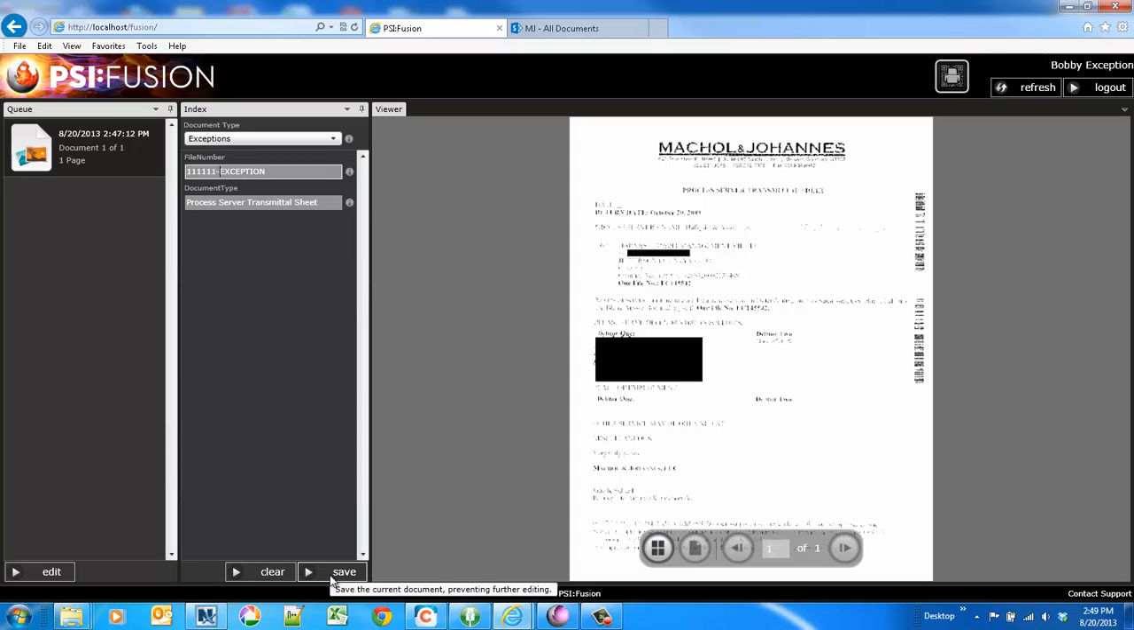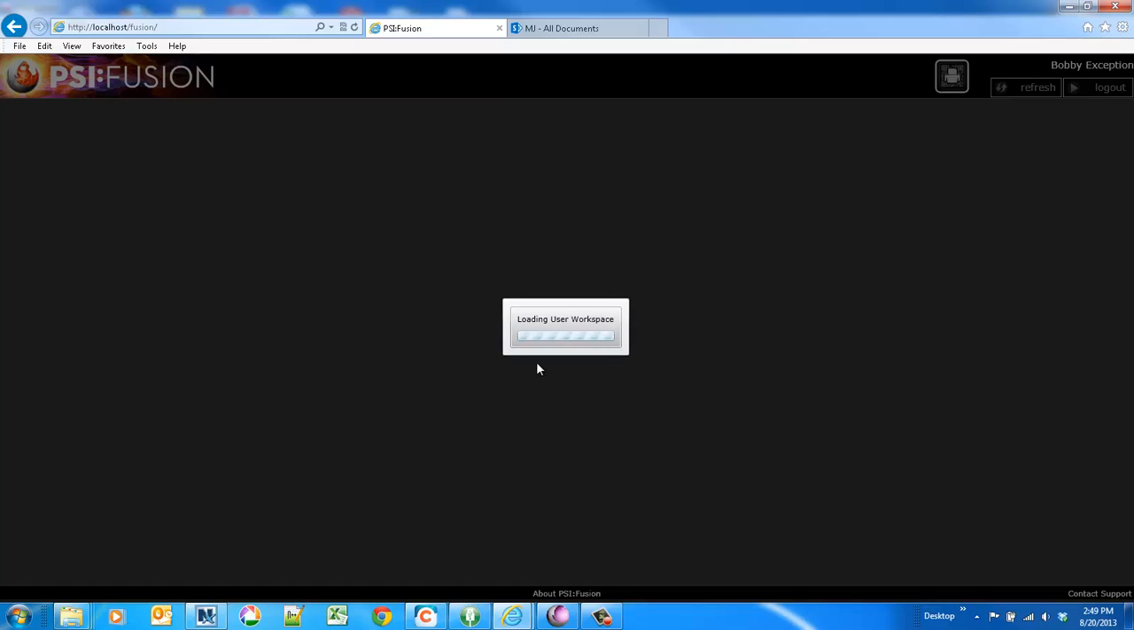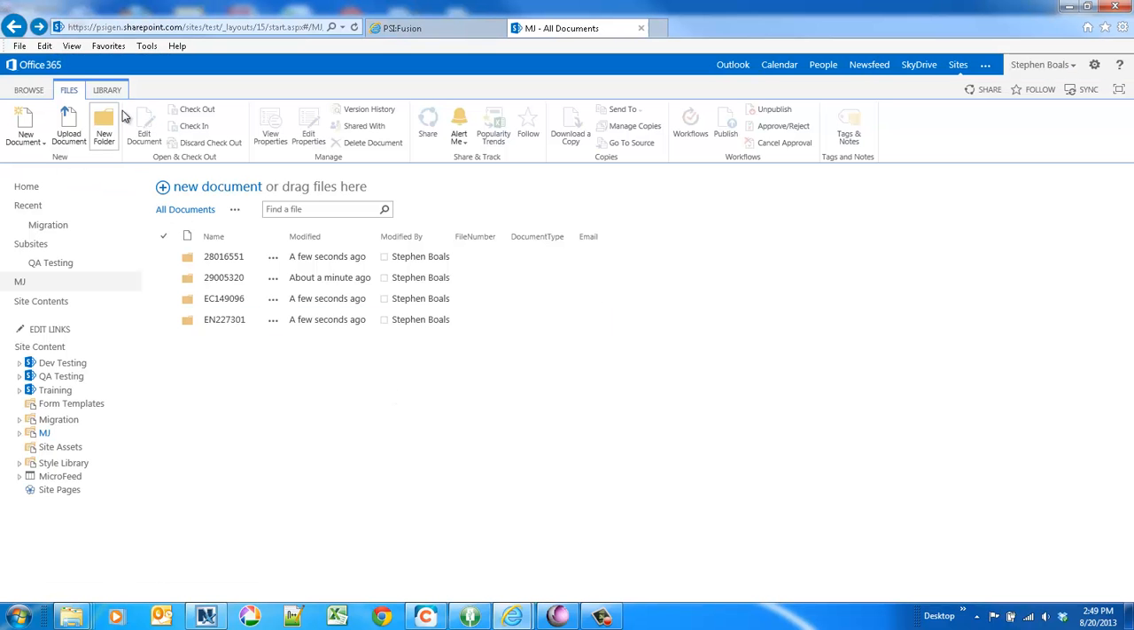When I click save, it clears my queue and then sends the information back into PSI to process and route to SharePoint based on the rule set. Now I can leave this interface open. I can click refresh. If any more documents come into the queue, I'll see them all queued up in my web interface. All right. Now if I come into SharePoint and I click refresh,